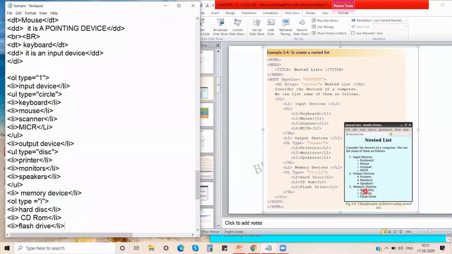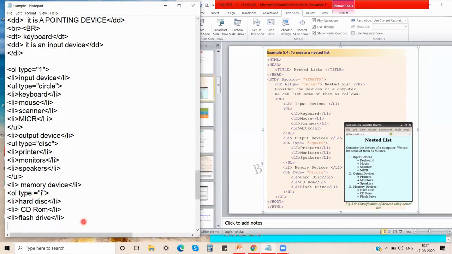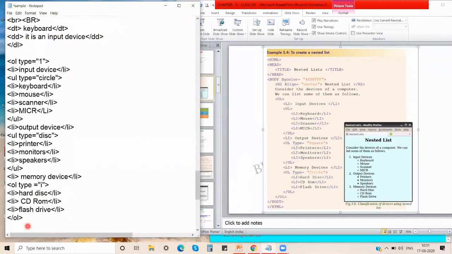I've made a small change here for you to understand that even an ordered list can be included. I have changed the type over here. I have made this as Roman numbers 1, 2, 3. Now this ordered list I have to close. First I'll close that ordered list, close OL. Then here I opened one ordered list, yes or no? The first ordered list. This I have to close, so again I'll close it over here, like this.